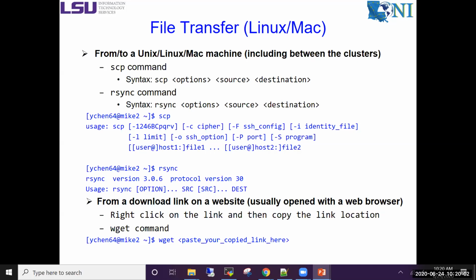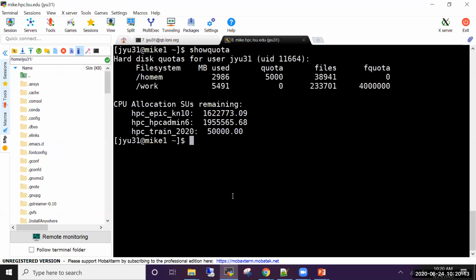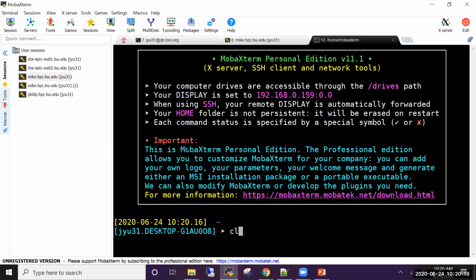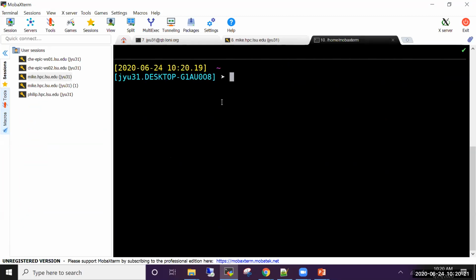For Linux and Mac users, I think you may be familiar with scp or rsync commands to transfer files. So let's do this. Because I'm using Windows, I will start a local terminal here. So say I want to upload a file to